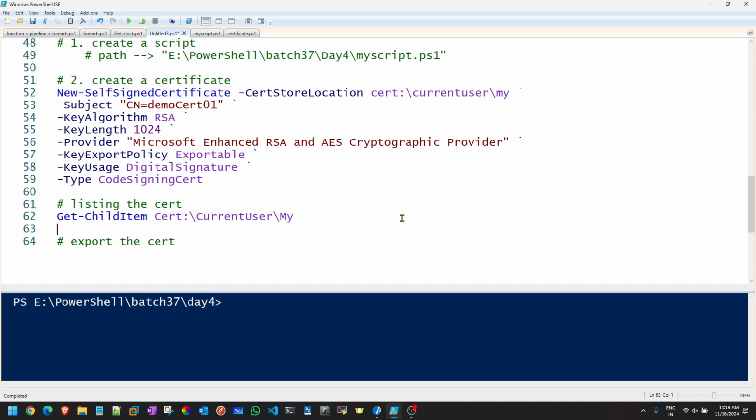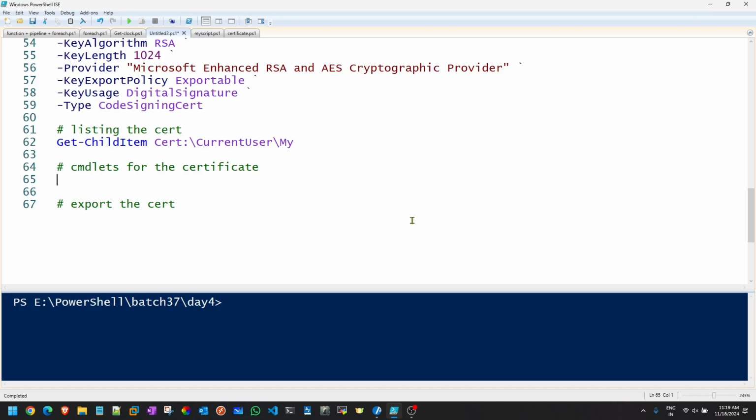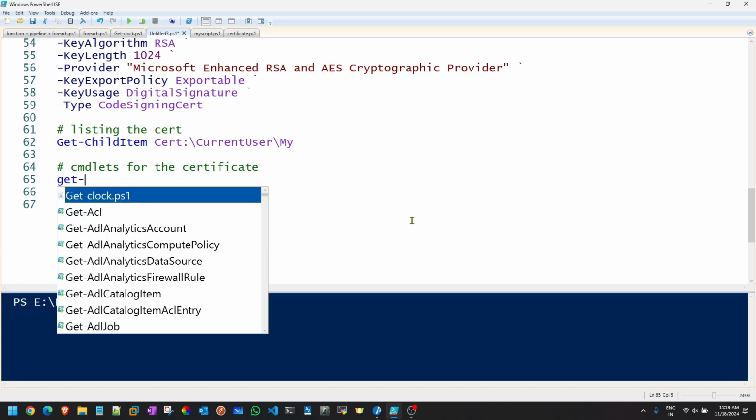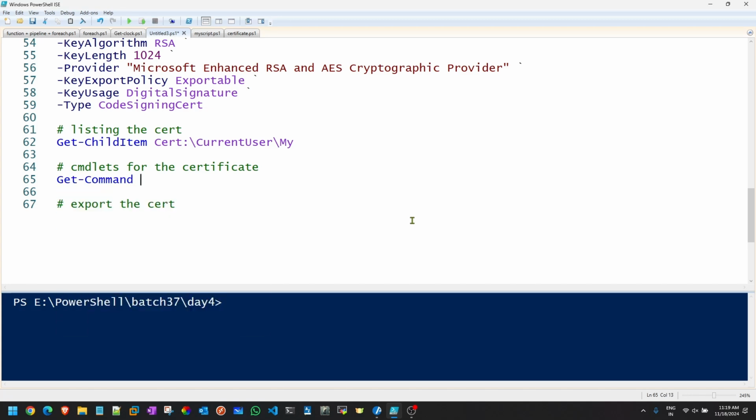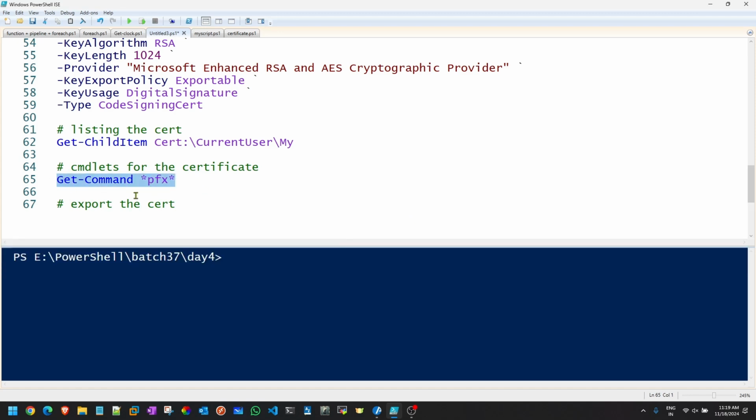So the very first thing is you need to know the commands for it. The cmdlets for the certificate, there are basically two major commands to get that: Get-Command and *pfx*. This pfx is basically the extension of your certificate. When you store it, its extension is going to be .pfx.